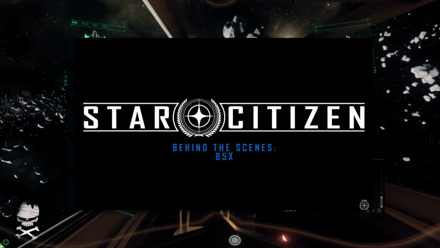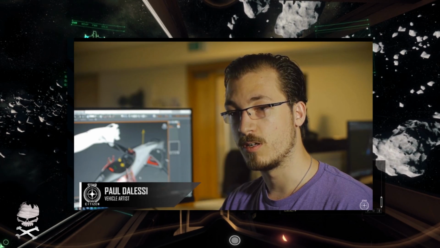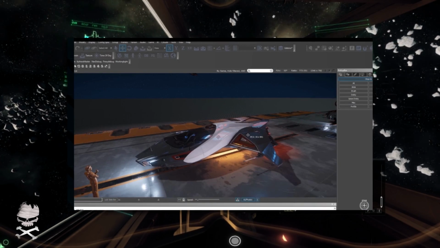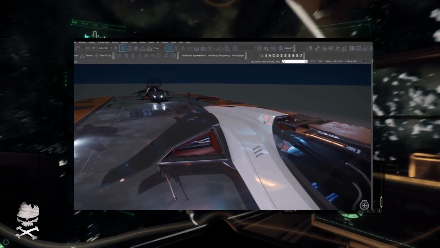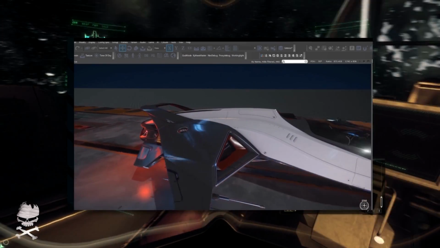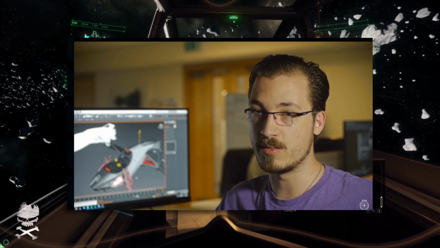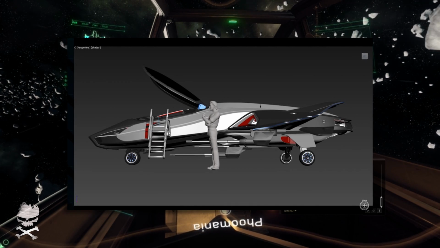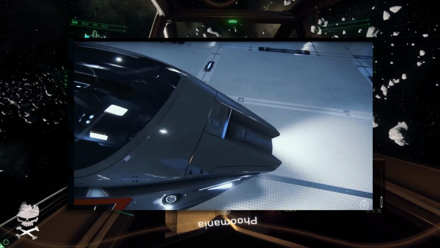Now, next up, we got a preview of the Origin 85X. This is, of course, Paul DeLessi. He is responsible for the Redeemer design. And here it is, the Origin 85X. One of the things that they highlighted is this is going to be speaking for a bit of a new design language for Origin. And so this might actually contain some small hints as to what the finished 890 Jump is supposed to look like,